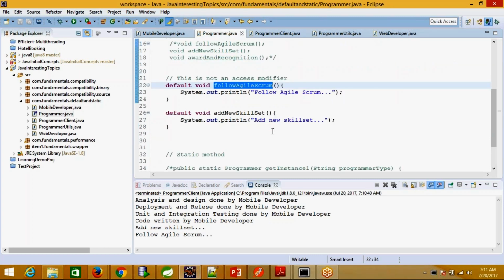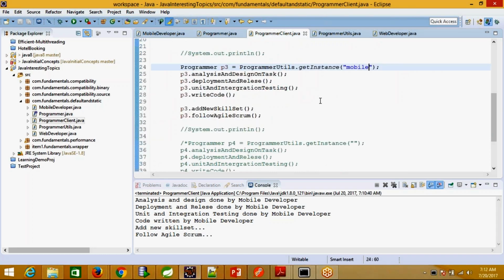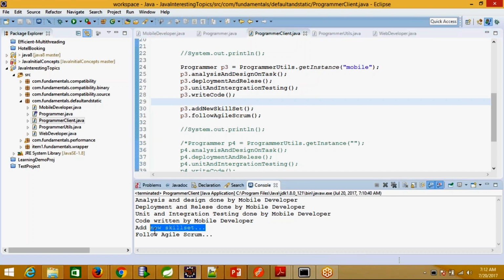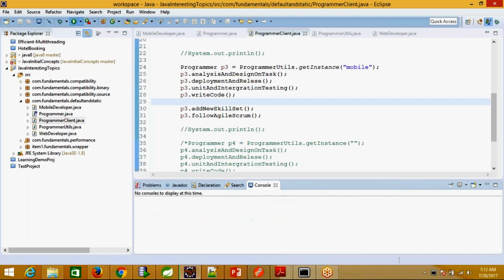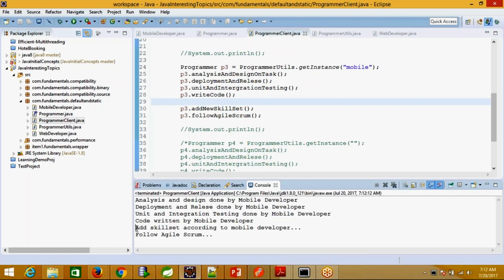And if you run one more time this client class for the mobile developer, the output should come instead of add new skill set, the whatever we have written here. So see here, add skill set according to the mobile developer.